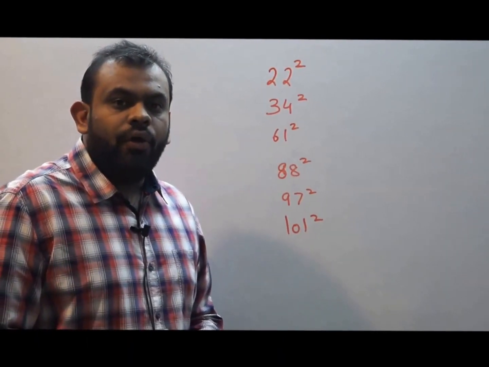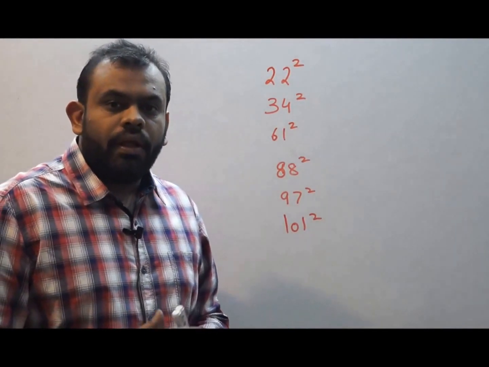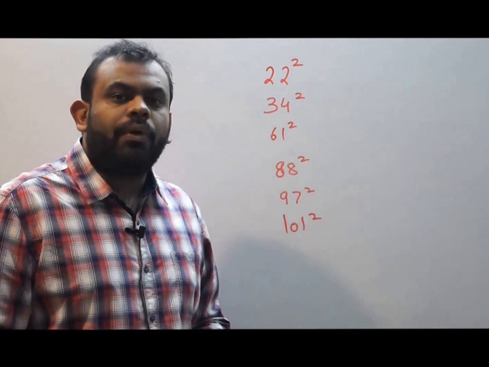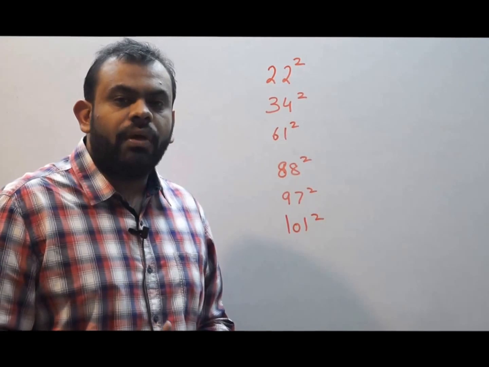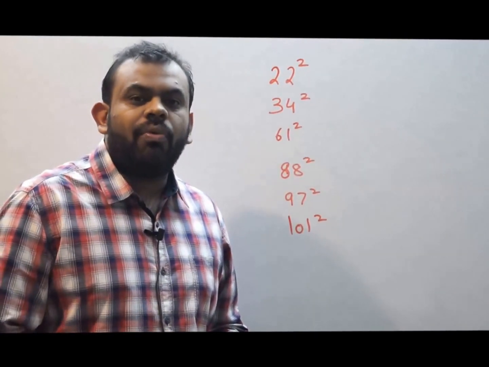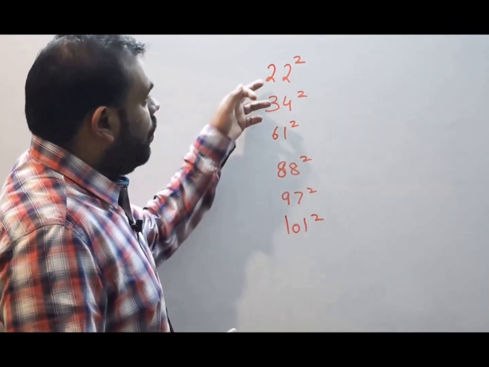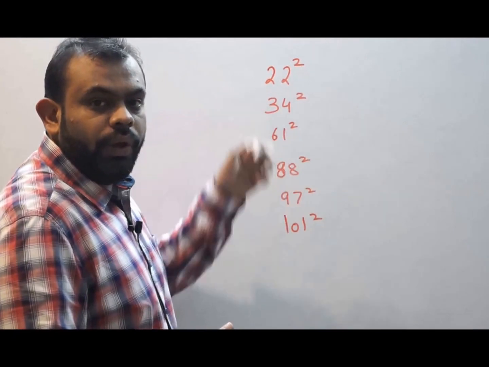Okay friends, I hope you have practiced the squares from 10 to 20. Now moving on with the same concept and finding the squares beyond 20. The concept is pretty much similar with a small justification to the concept. Let us take the example of finding the square for 22.